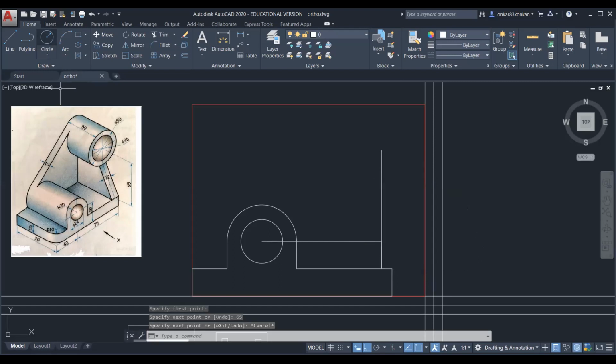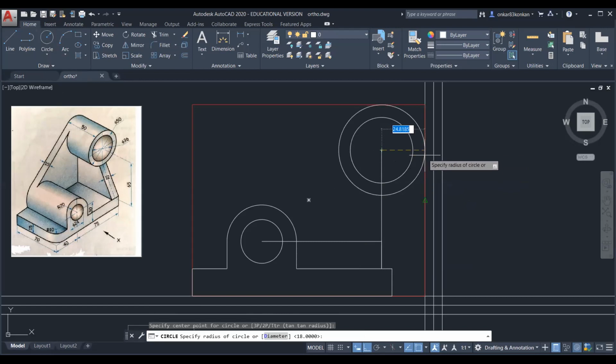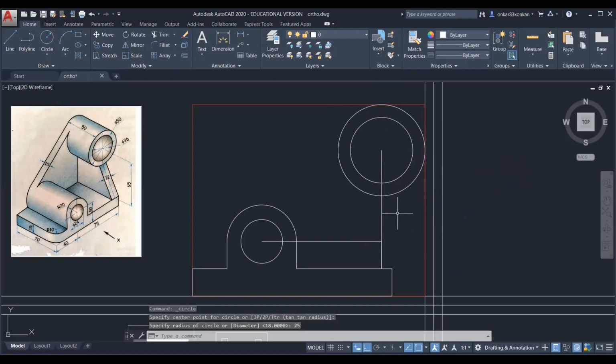So now select circle. First circle is 36 mm diameter, so 18 mm radius, and second circle, it is 25. You can delete these reference lines.